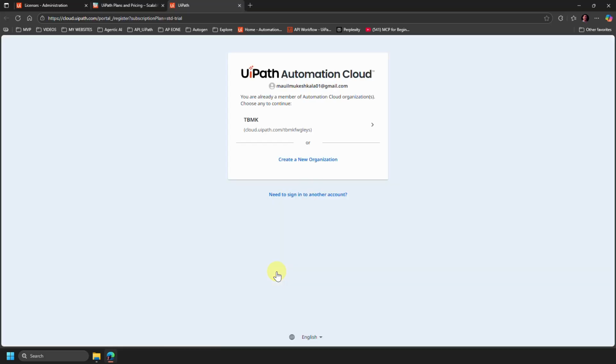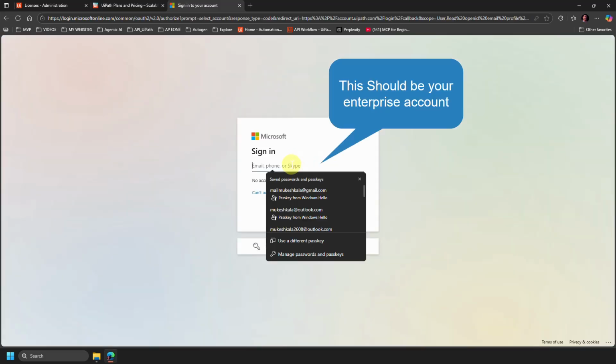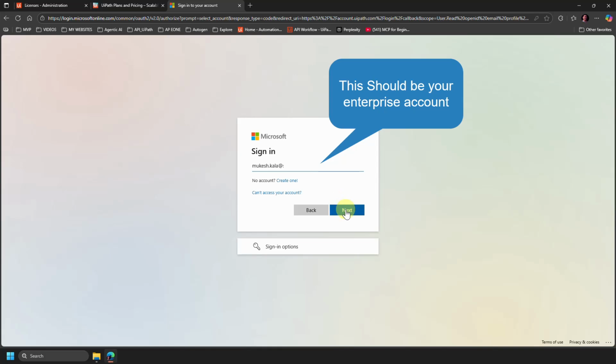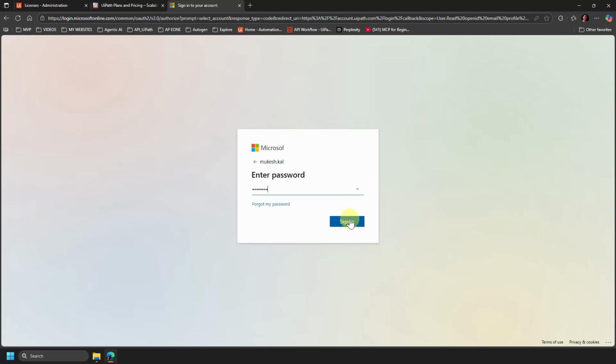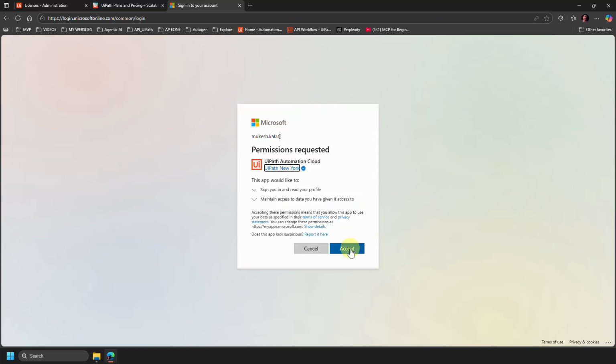Okay, and it will take you to this plan, which is by a Gmail account, so this will not work. So I would need to sign in with another account. I'm going to put my new account. I'll say next, provide my password, accept it,